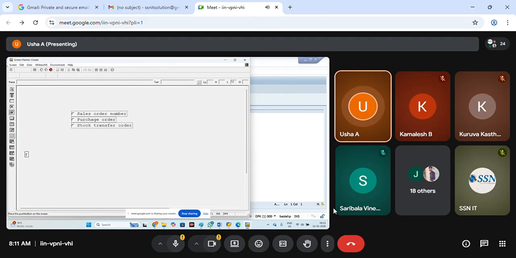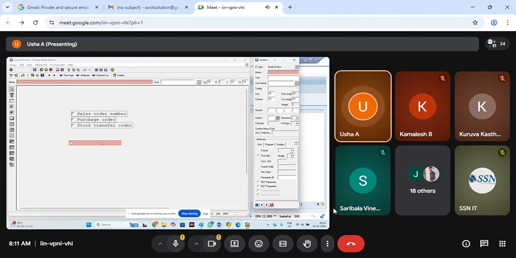I'm going to design the radio button. A single radio button you can't design, remember that. What properties do you need to give? Name RB1, text, and then group name, because radio buttons are always in a group. So I just choose the group name. A single radio button I can't. If you want, you can try by activating, it will throw an error.